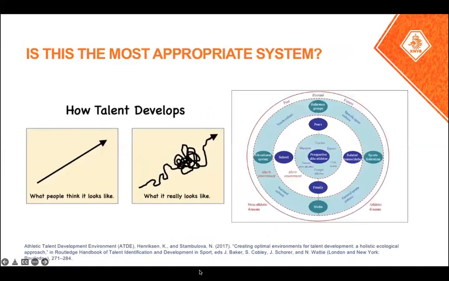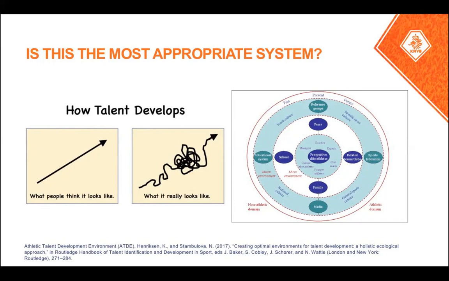And again, is this the most appropriate system? And that's what we're sharing with you now. And there's some great people, again, Mark O'Sullivan with AIK, James Vaughan, who's produced some of these models and frameworks. And I would encourage you to follow these guys on Twitter as well. There were some really leading experts in talent identification, development, and so on.